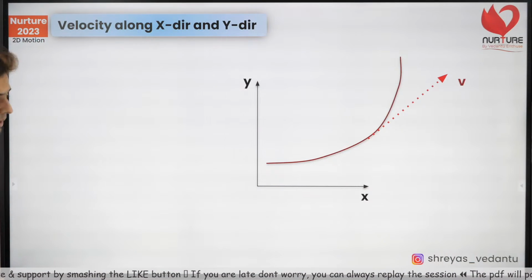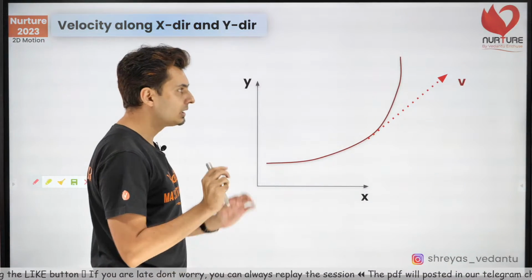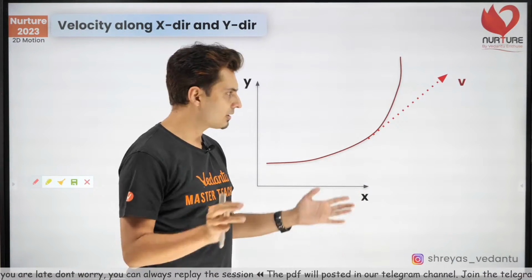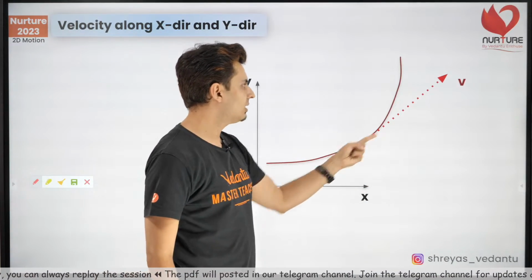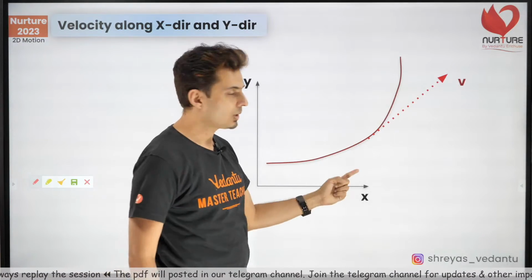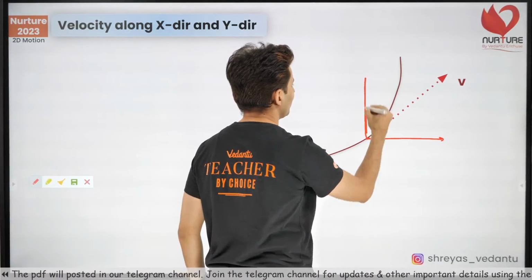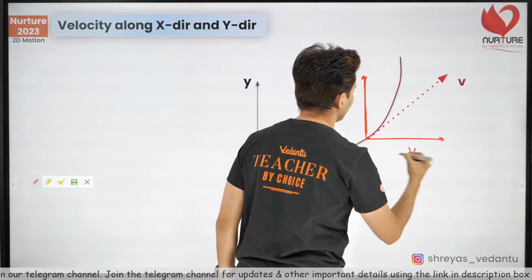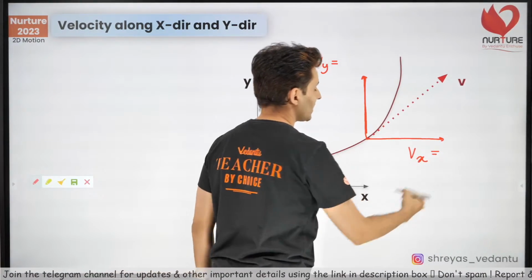First of all, remember one thing. Again, it's splitting up of velocity, but this time, write everything in terms of derivatives or integration, whatever is required. I just told you, for a path, the velocity is always along the tangent. You can always split the velocity into two parts. One velocity here and one velocity is here. This would be my x component of the velocity. This would be my y component of the velocity. Now guess what?